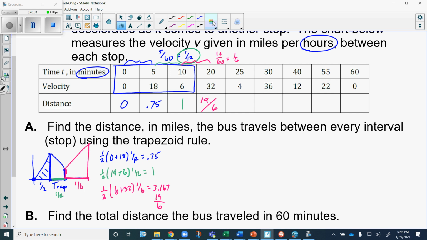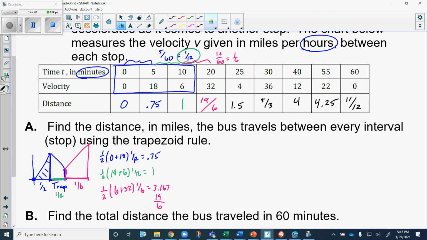So the next one I got to be 1.5 miles, 5/3 of a mile, or 5 2/3, I should say. Then we got 4, and then I got 4 1/4, and then I got 11/12 of a mile. Okay, so that's all of part A,